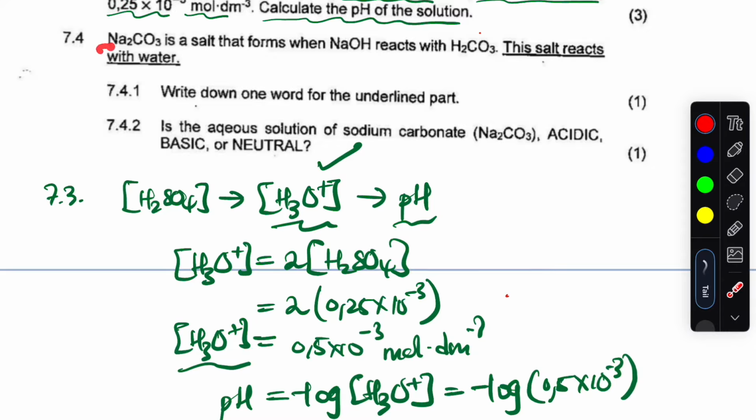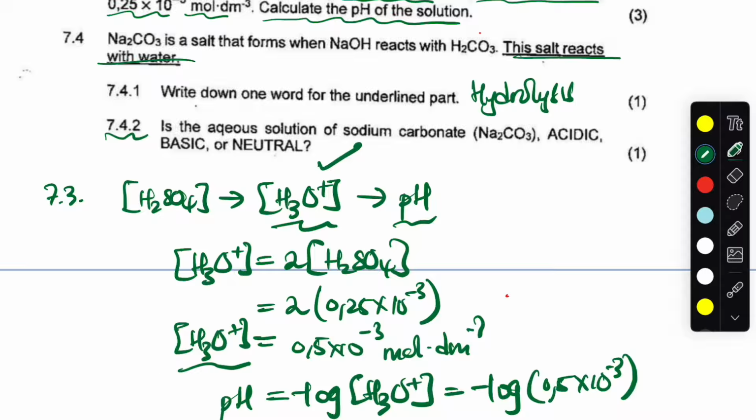7.4, it says a sodium carbonate is a salt that forms when sodium hydroxide reacts with the hydrogen carbonate, the carbonic acid, and this salt reacts with water. Now it says write down one word for the underlined part. So the salt that reacts with water, we call it, it's a what? Hydrolysis, right? It's the hydrolysis. And then